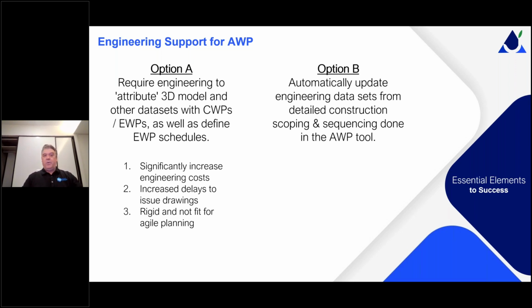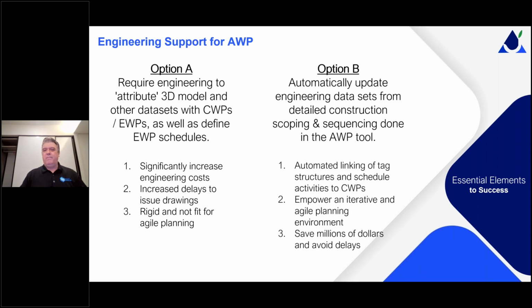Is that what we want? We increase delays to issue the drawings. Now I'm putting attribution on and bundling them into PDFs that say, here's my EWP. Never issued EWPs. That wasn't a need for a benefit. It is a prioritization. We'll get to that. It doesn't mean engineering is not doing anything. And that also makes it rigid. If I want to change my plan, I've got to go ask engineering to change my plan. That's